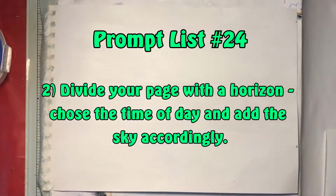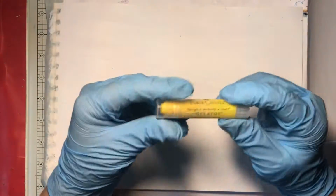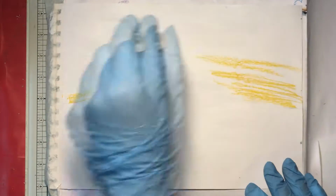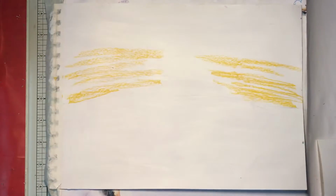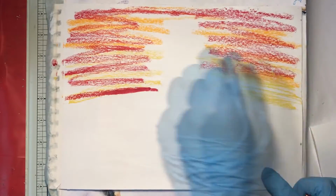Divide your page with a horizon and choose the time of day, add the sky accordingly. So I've chosen to use gelatos and I'm going to do a sunset sky. So I'm starting off with yellow, I'm going to use orange and red as well and get that sky blended in. I'm going to keep adding colour and then add water to blend it out,